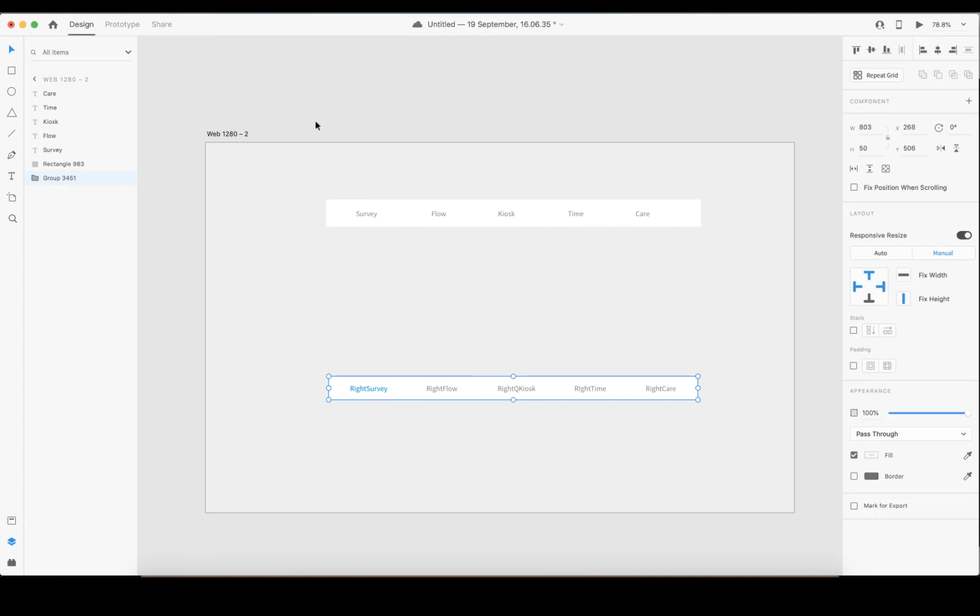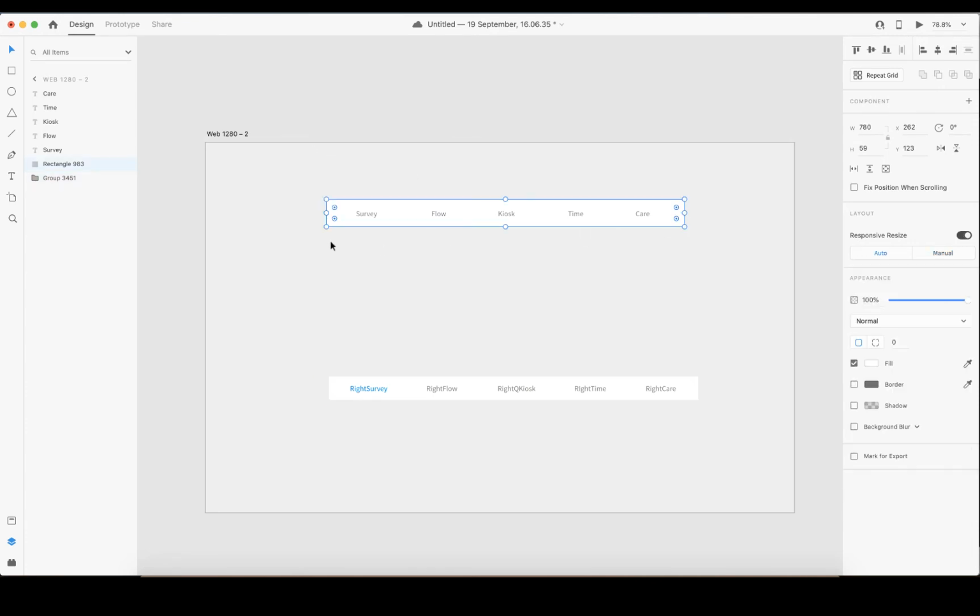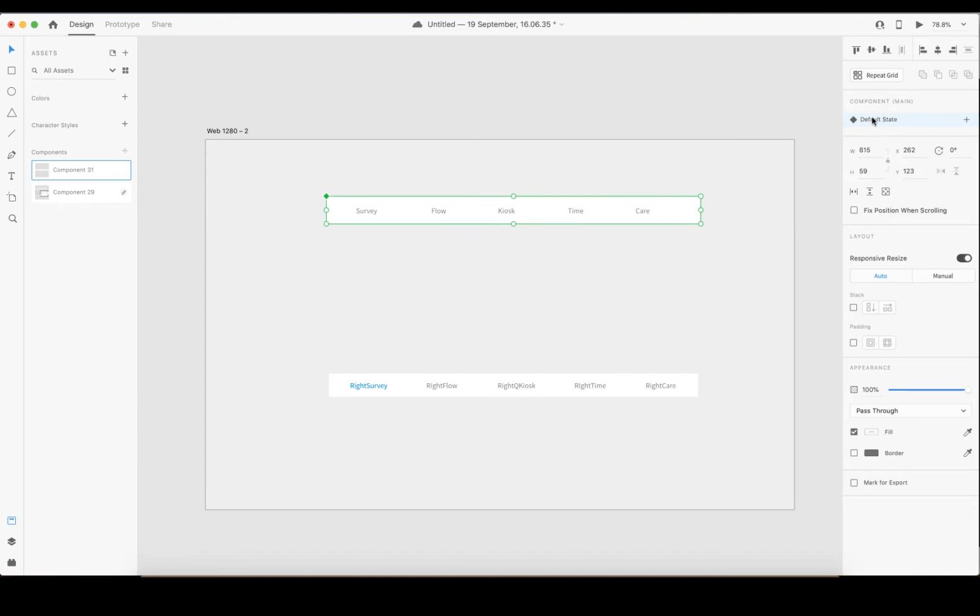Our first step in achieving what we need to do is to highlight all of this, and then create a component. Once you highlight all this, you create a component, either by clicking plus here, then Component, or you can come under here, to the layers, and click Components. Either of these two options works. So let's click Components. We have the first component, named Default State.